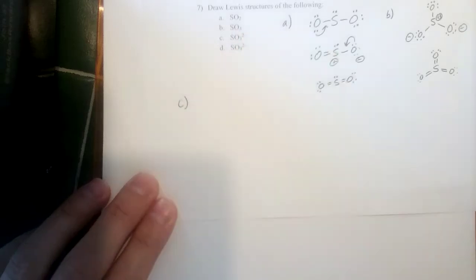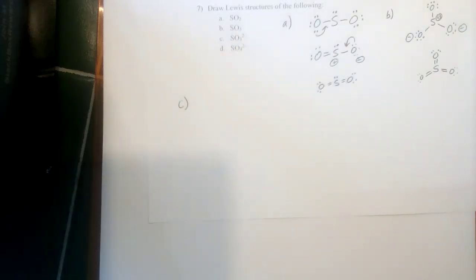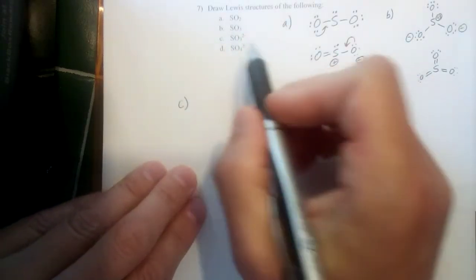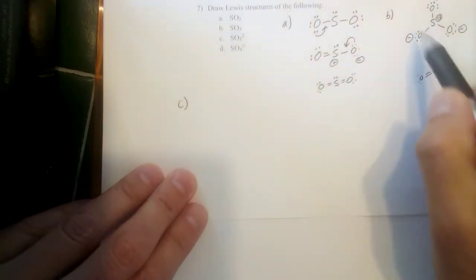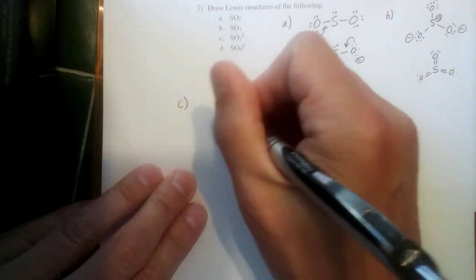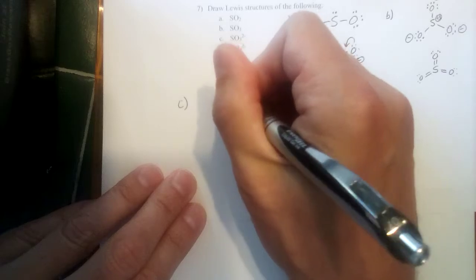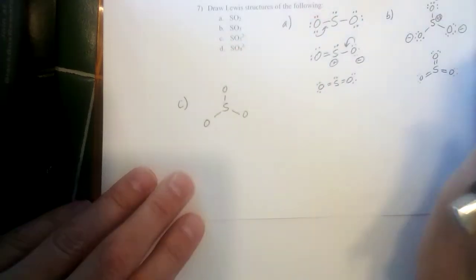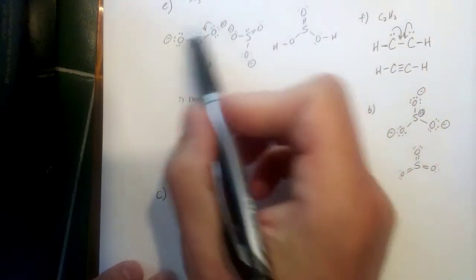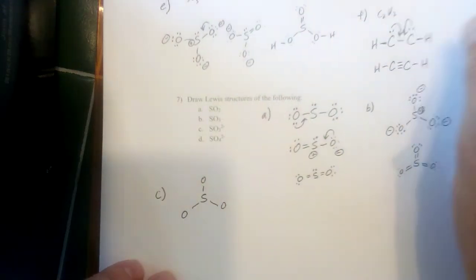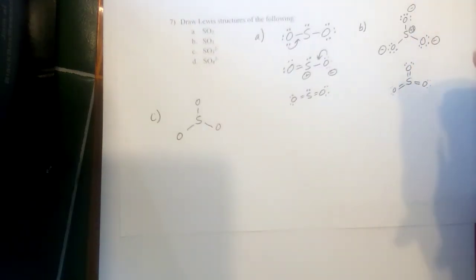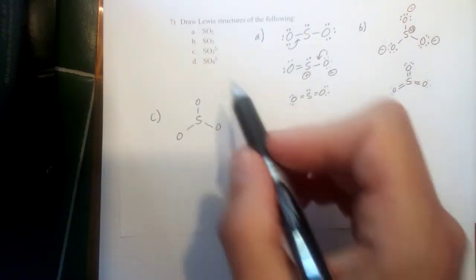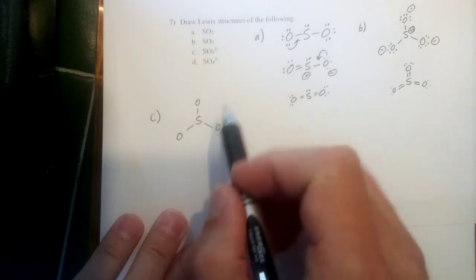So if I move over here to try to do C, that's the sulfite ion, so SO3 2-. So we're going to start the same way we did for B with sulfur in the middle and oxygens surrounding. And in fact, maybe when you did number 6, you already drew the sulfite ion as part of trying to figure out what that sulfurous acid, which is based on the sulfite ion, would look like. But let's go through it all again. That skeleton,